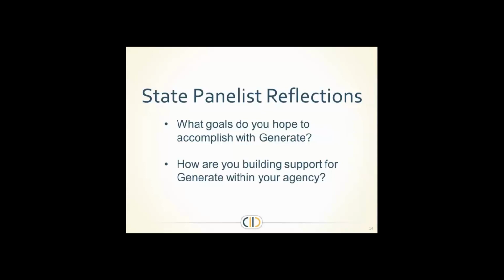And just having that kind of core team of us that saw the light at the end of the tunnel with this and have been able to be the cheerleaders for it in the state has been amazing. And then we actually were able to bring it in with our SLDS grant, and it's a huge component of the new grant application that we just wrote to be able to streamline all of our data reporting, including IDEA, but everything, and have that one place that we can generate all of these files